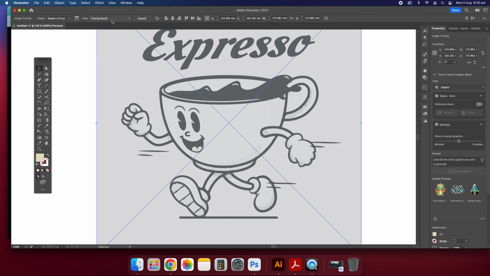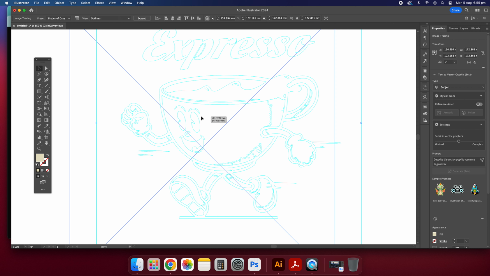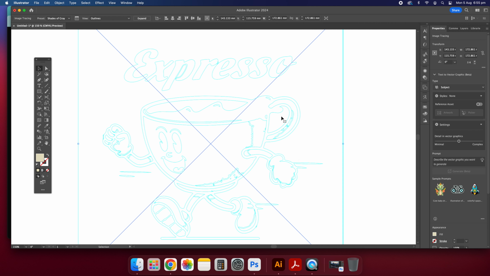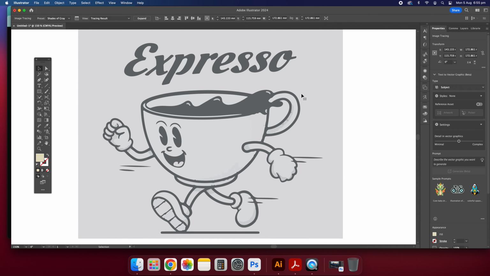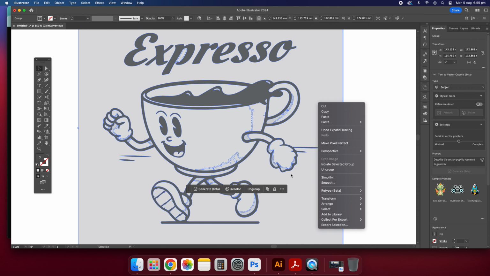So maybe we can do outlines. Just do outlines so you can see what Illustrator pulls out when it traces. You can see that these are the paths that it creates. So Illustrator is a very strong tool, it's going to create all those paths for you, and you can manipulate them as you want. So it's quite an interesting tool. I'd probably say the more practice you get with tracing and expanding and manipulating, it's probably the best way to